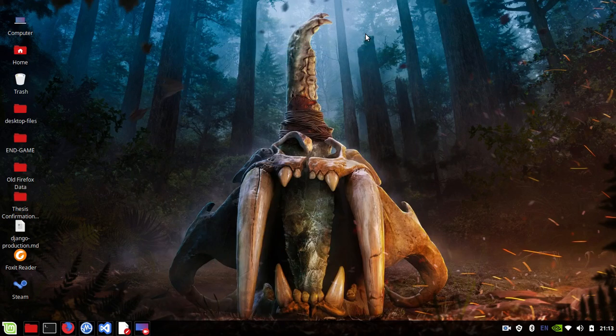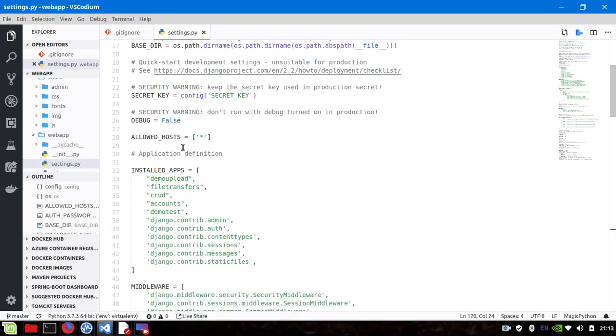Hello Internet, my name is Fahim and today I'm going to talk about how we can deploy Django in an actual production server. So normally what happens is that when you create a Django project, in the settings file you'll see